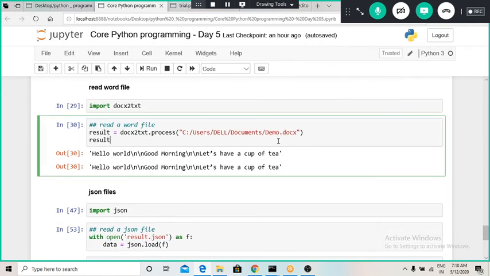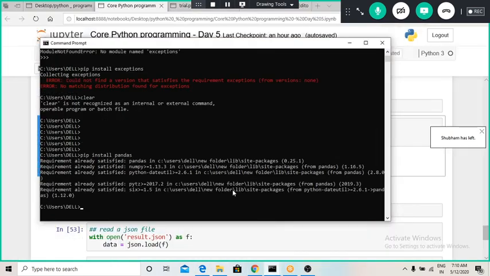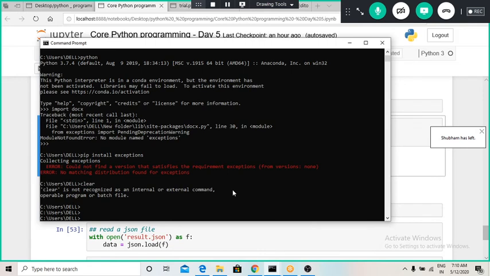So I will not show you today how to write the Word file because there was an error named version error, which I showed you some time before also. When I was trying to install the library named docx, which is another library for importing, that is reading and writing, a Word file, that particular library is having some version issue with my PC.